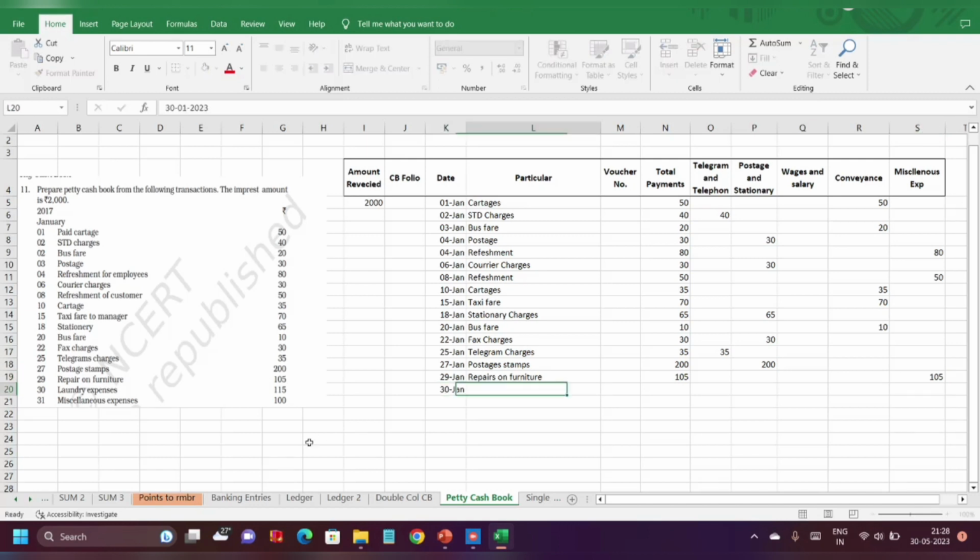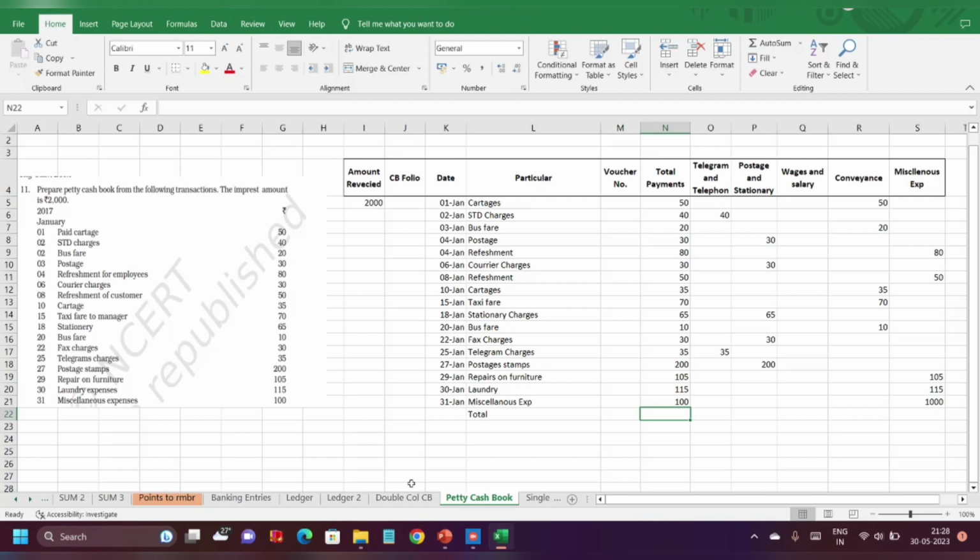Next, 30th, laundry, 115, we will record under miscellaneous expenses. 31st, again miscellaneous expenses, 100 rupees. Now let us find out the total